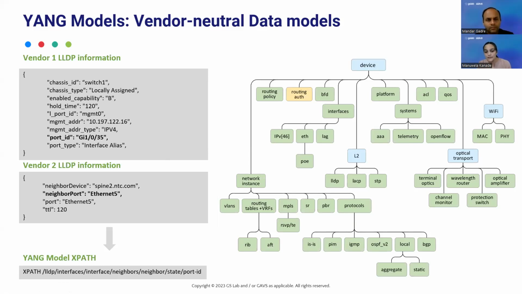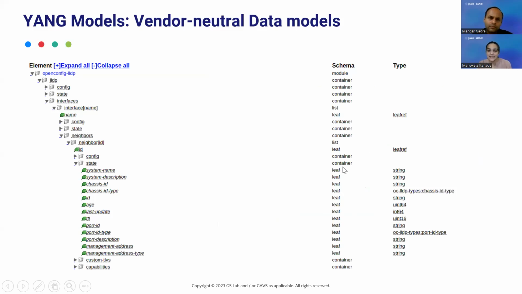Along with the property names or the paths, there is more standardization as well. So you can see that each of these properties has a data type. It is either a word or a number. And other than this, there are more things that are supported by YANG models, such as constraints, whether your string is following a certain pattern, or if it is a number, does it have minimum and maximum values? So these kinds of constraints can also be specified in these data models. And that's where the real power of having uniform data representation comes into picture.